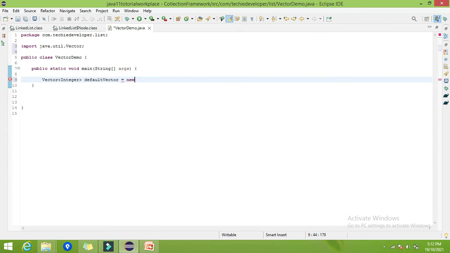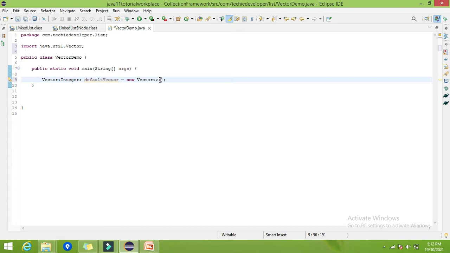So new Vector. This is our first constructor, that is the default constructor, which doesn't take any parameter as an argument.